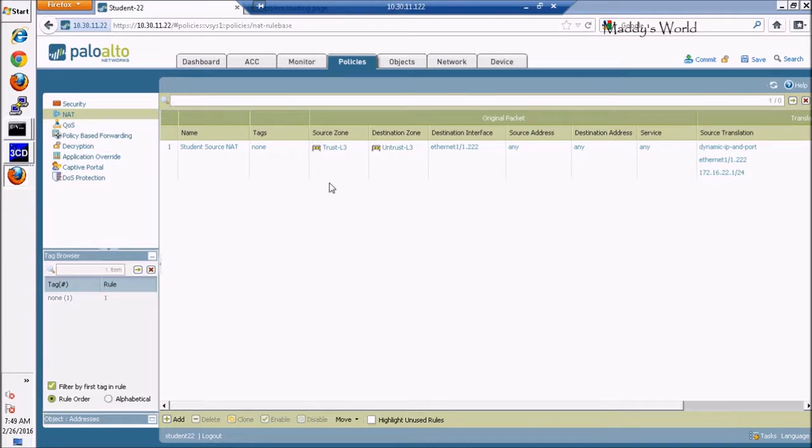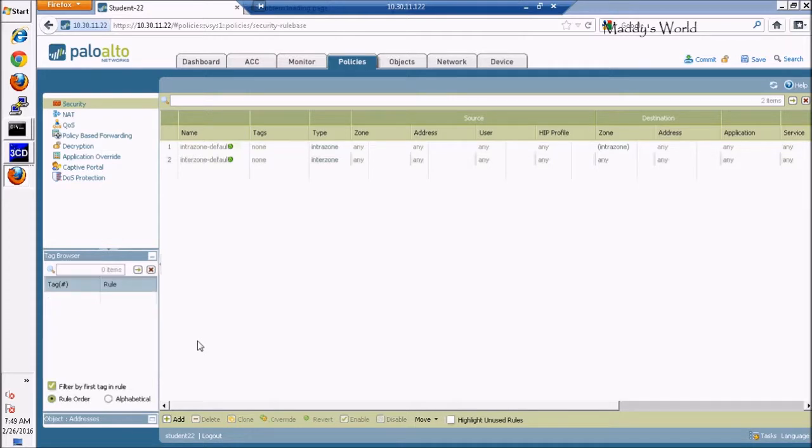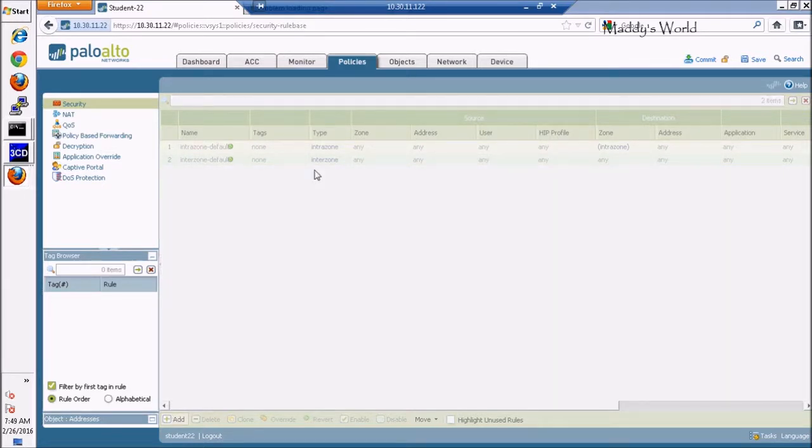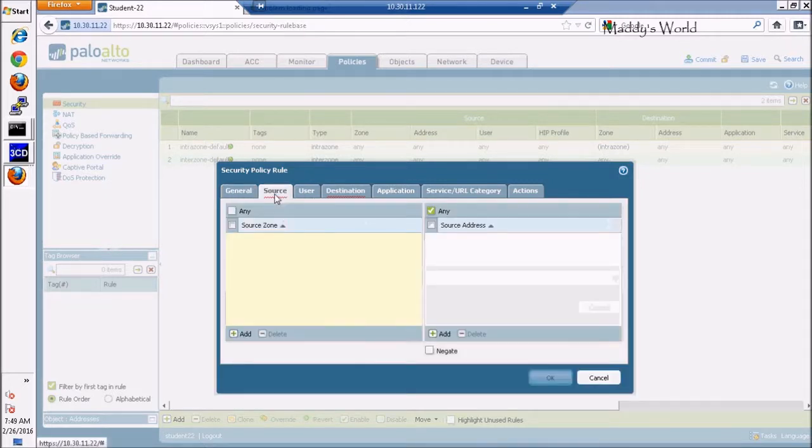After we configure the NAT, the next thing that we are going to do is the security policies. Okay, just click add in here if you want to add new rules. Then just put a name in here. So in here we're going to permit everything. Source, what will be the source? It should be from the trust,